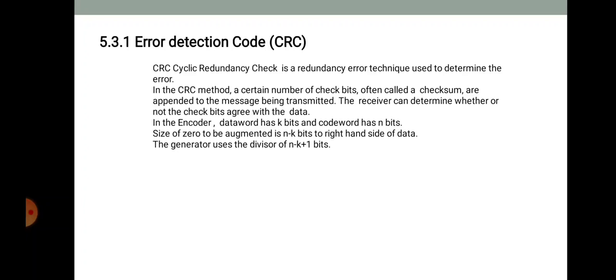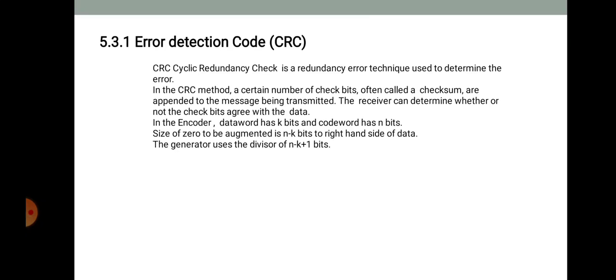A parity bit can be used to detect an error. A single parity bit is added to a block, which can detect a single bit error. But if two bits change, then the error will not be detected. The other technique is known as the polynomial code, also known as the CRC, that means